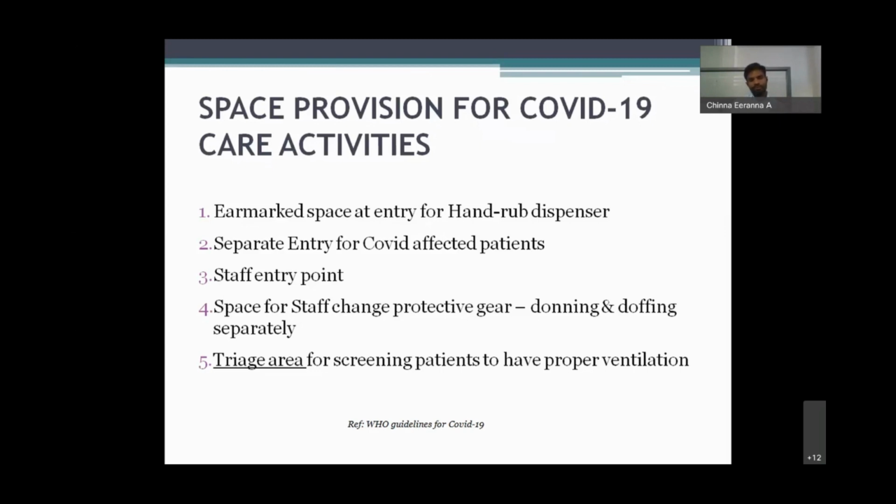So for these scenarios, once the hospital management takes a proper decision, they can get the approval from the local authorities or central authorities who give approval to run this kind of setting. To get this approval, the basic requirements you need to have for providing COVID patient care, the first thing is